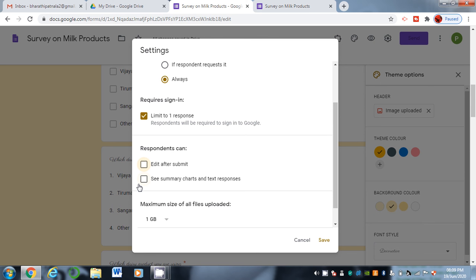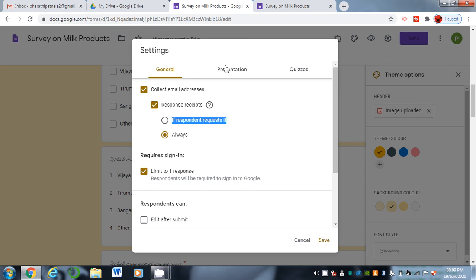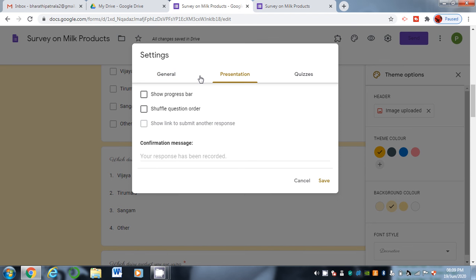And also, if the respondent can see summary charts and the text responses, simply check this one. And coming to the next one, presentations: if you want to show the progress bar, check this one, otherwise uncheck it. And if you want to shuffle the question order, simply check or uncheck this one.